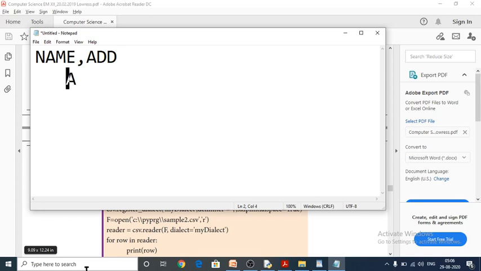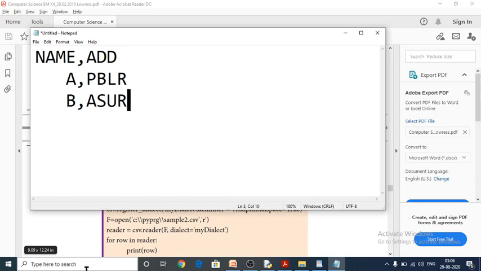Here give some spaces, and here give PBL, and again give B. Okay, so save your file.